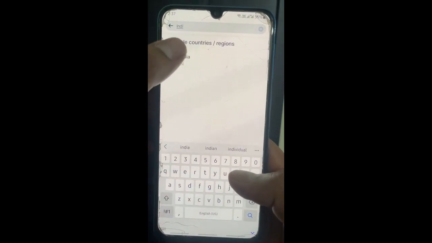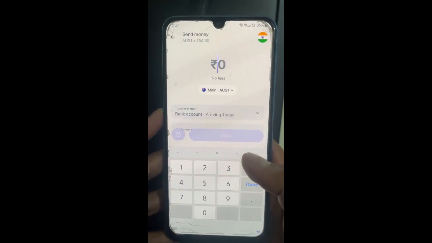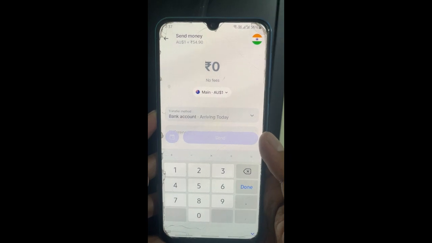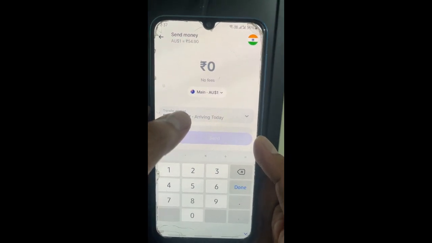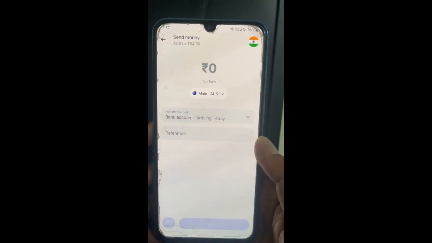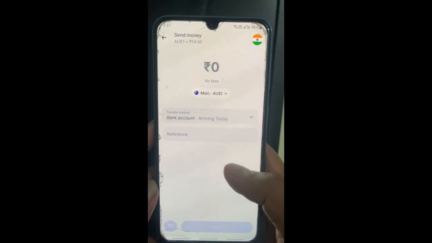When you search for India, select India, and then what you're going to do is plug in the amount that you want to send. And then here the transfer method, since we are going to send it to a bank account, make sure bank account is selected. So select bank account, then you can add a reference if you want, and then hit on the